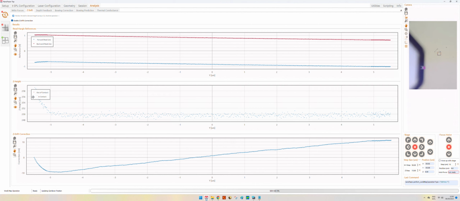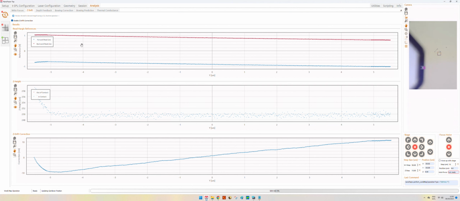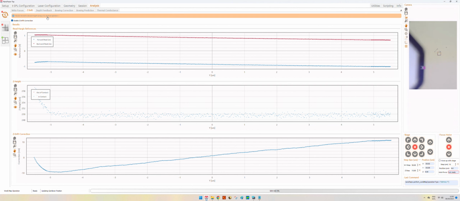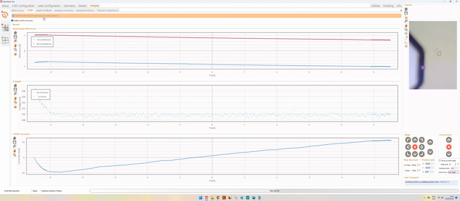In this case, we don't see any anomalies in the Z height, so we assume that the tip didn't accumulate any contamination or didn't have any sort of blunting, but these events usually can be seen from the Z height. I'm just showing you what you can find here.